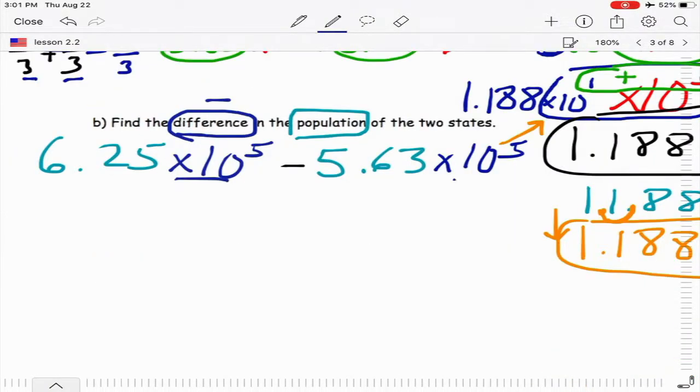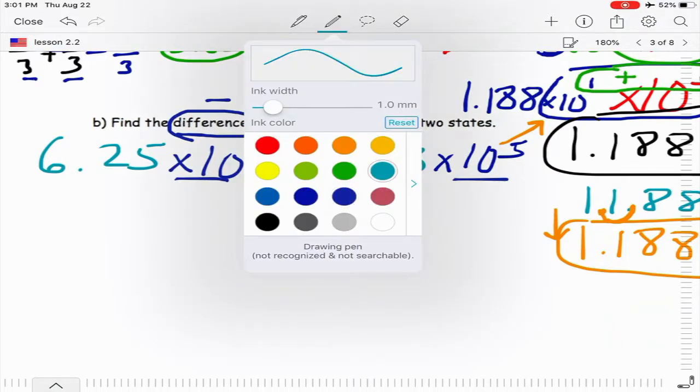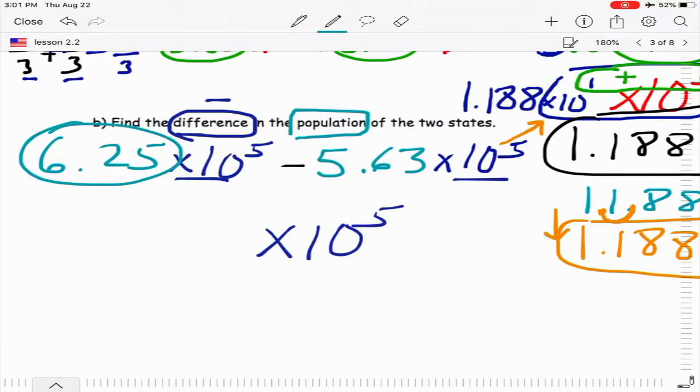Your denominator, right, is the same, quote unquote. It's really your exponents, but I just want you to tie it back into your fraction rules. Because your exponents are the same, because your denominators are the same, you leave it alone. So my answer is times 10 to the fifth power. Done. And then all you're going to do now is subtract your A's. So you're going to do 6.25 minus 5.63. Then you get